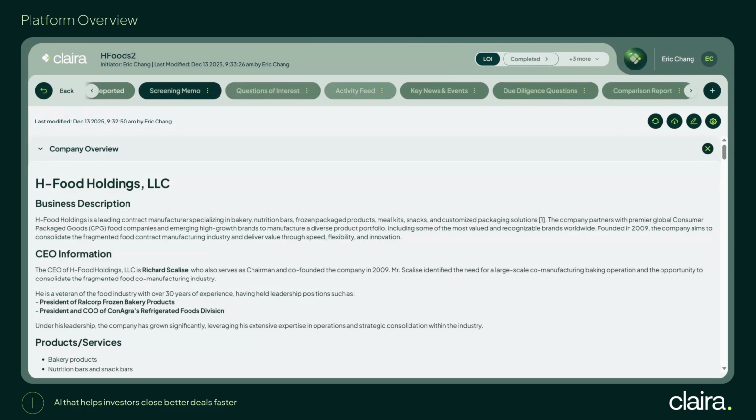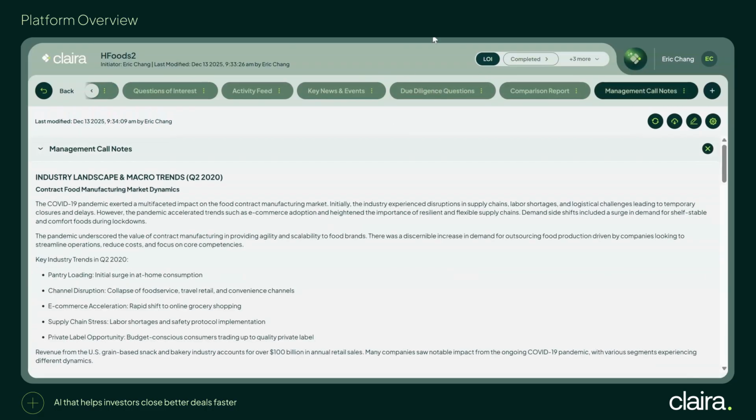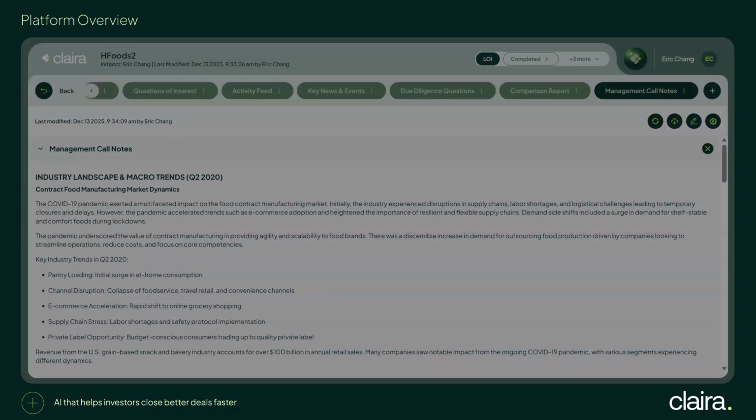And you see here, additional reports are being generated to facilitate my analysis, including things like helping manage the due diligence question, or even a place where I'm able to put in my own management call notes and keep track of all that information together. So giving the agent really all the data and information that I have regarding the research to help me draft